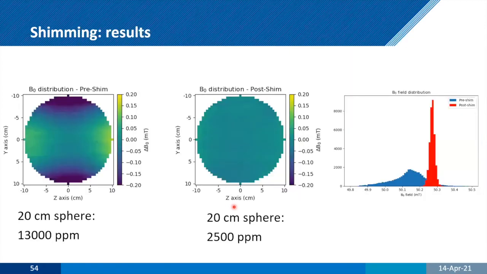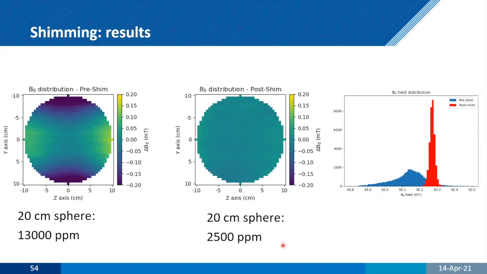And the results of the shimming then show a significant improvement in terms of the ppm. And again, you can see here, this is the field distribution. So your field gets a little bit higher, which is great because you're adding more magnets there, and the distribution becomes a lot narrower. So now you really have a system which is usable, right? Which we can think about with a reasonable gradient strength, we can actually get quite high resolution images.